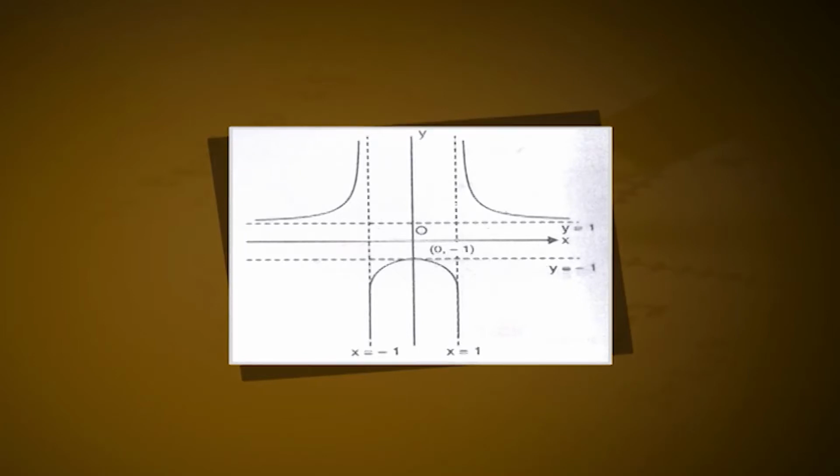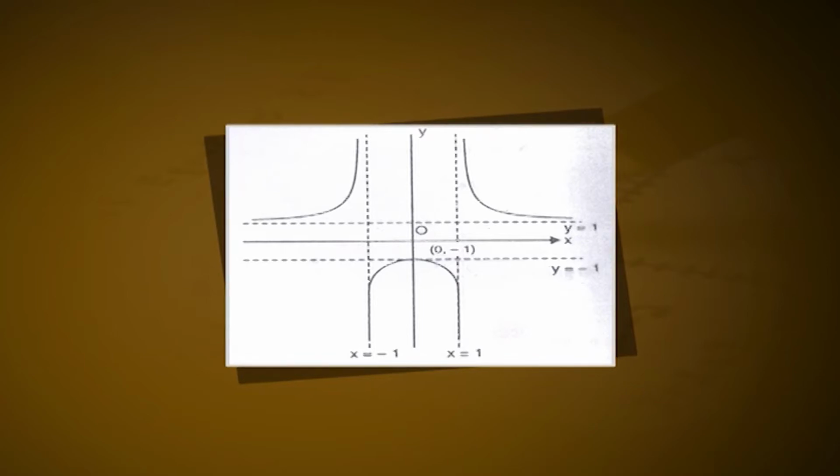Sixth, dy/dx = 0 implies x = 0, and d²y/dx² is less than 0 at x = 0. Therefore, the curve attains its maximum value at x = 0, and the maximum value is -1. Seventh, d²y/dx² = 0 implies x is imaginary. Therefore, there is no point of inflection. For x = 0, 1, 2, 3, etc., we obtain respectively y = -1, infinity, 5/3, 5/4, etc. The curve is traced in figure 2.